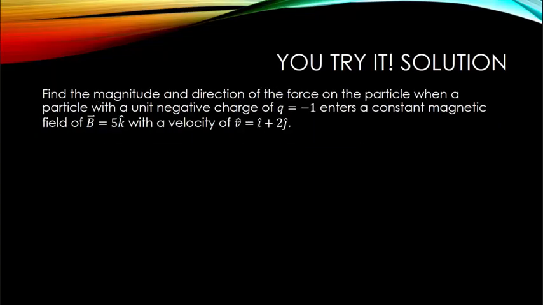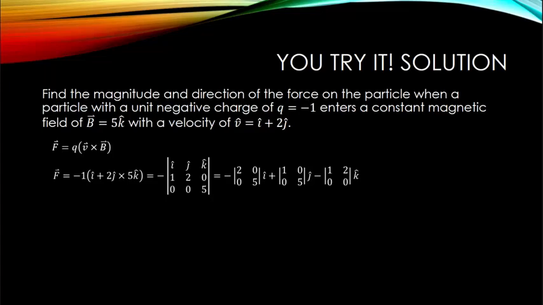In order to find the magnitude and direction of the force on this particle that has a negative charge of Q is equal to negative 1 in a constant magnetic field given by 5k-hat with a velocity of i-hat plus 2j-hat, I need to find the force equal to the charge times the cross product of V and B. My force is equal to negative 1 times the vector i-hat plus 2j-hat cross 5k-hat. I set up the determinant of my 3 by 3 matrix, keeping in mind that I'm multiplying by negative 1. So I'm looking for the negative of the determinant of i-hat, j-hat, k-hat,